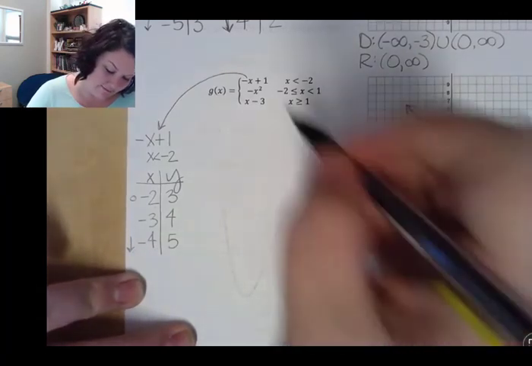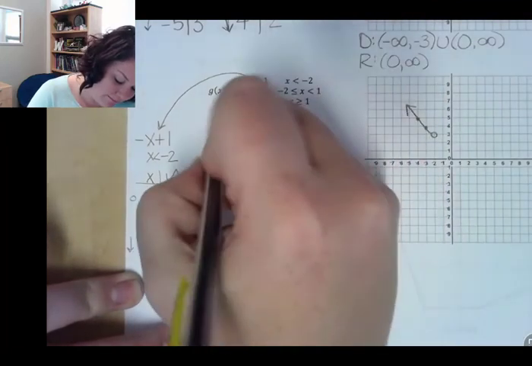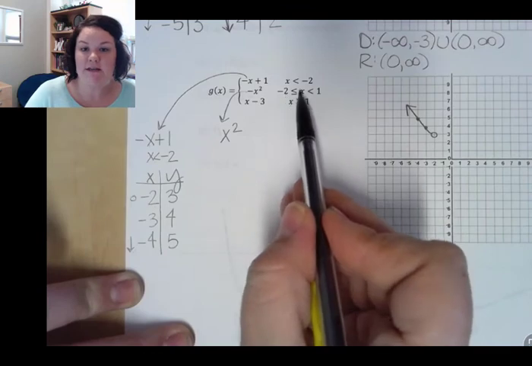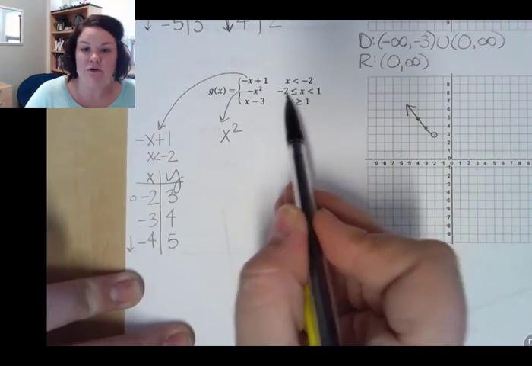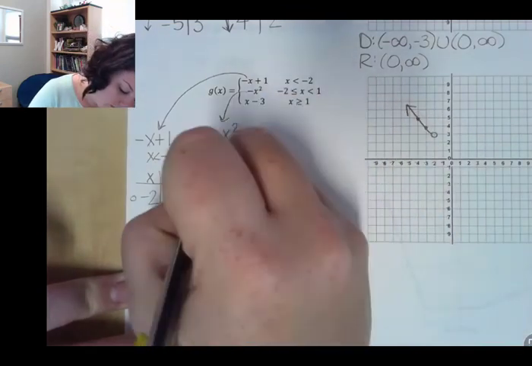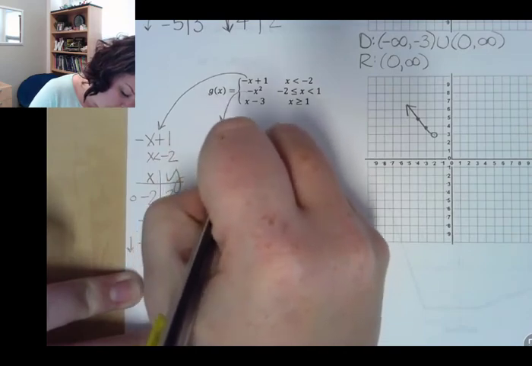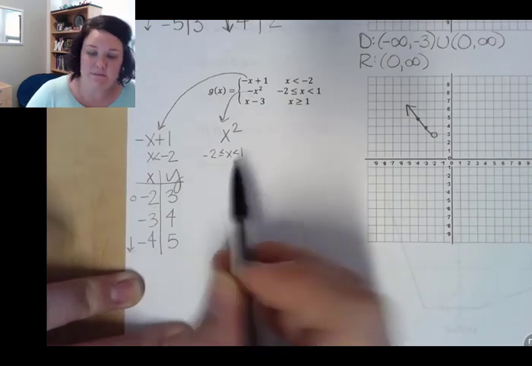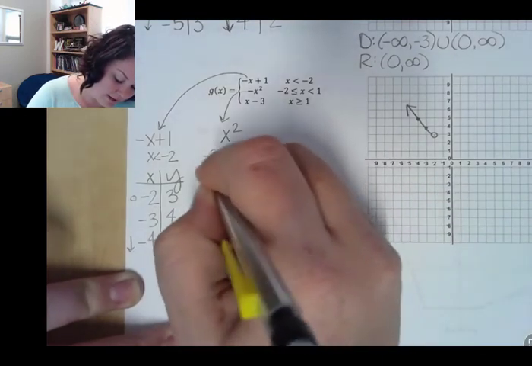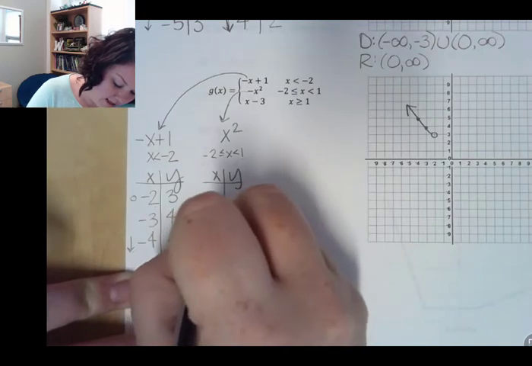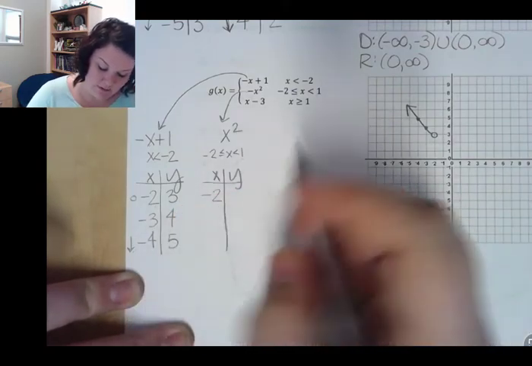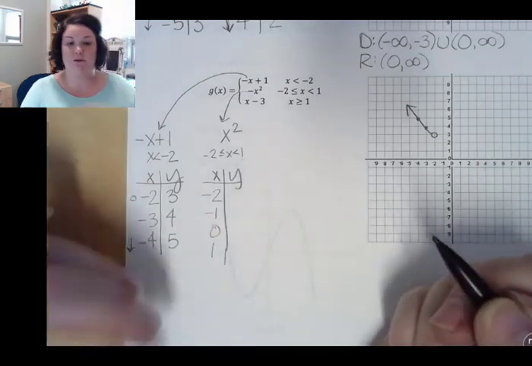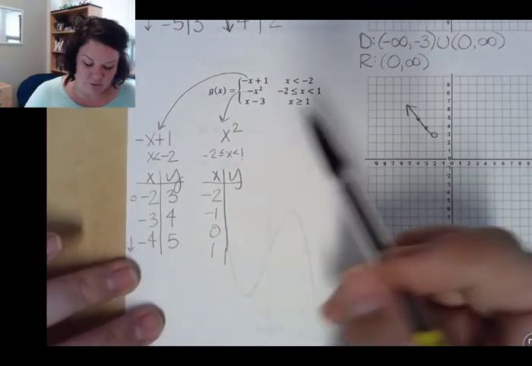Now let's look at our second piece here. Our second piece is x squared. And this is specifically for x's that are greater than or equal to negative 2, but less than 1. So negative 2 and 1. Okay, so these are my important endpoints that I need to make sure I have on my xy table. So I have negative 2, and then I'm going to pick some numbers in between, say negative 1, 0, and 1. Okay, you don't have to do all of them, but we have to make sure we include negative 2